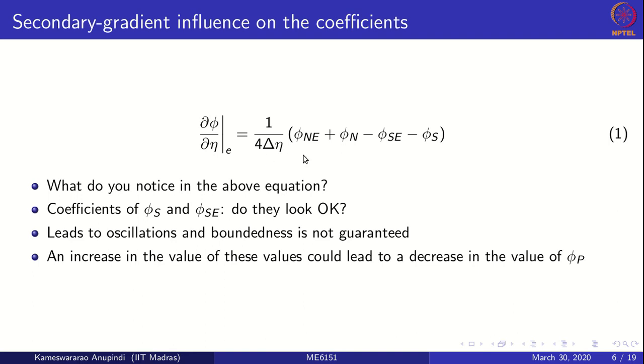Okay. Now, what do you notice in this equation? Does this equation look fine? Well, it is fine from mathematical point of view, but is it fine from our finite volume method point of view? What about the coefficients for phi S and phi southeast? Do they look okay? Do they look fine? No, they don't look fine, because there is a negative coefficient that is multiplying them. That is, the coefficient for phi southeast would be 1 by 4 delta eta, right? So similarly for phi south would be 1 by 4 delta eta. So this negative coefficient is not good for us, because